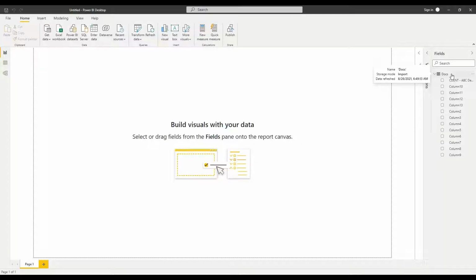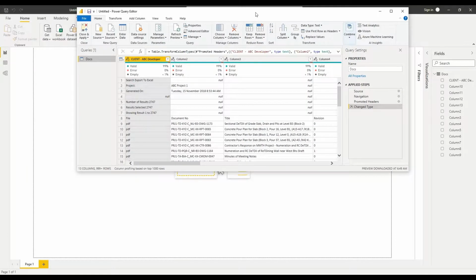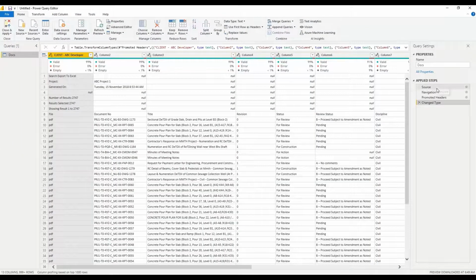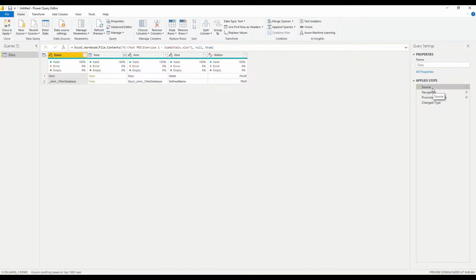editor. So you can just click on the table on the right hand side. Right click on the table and click edit query. Then you can just go to the source in the applied steps over here.